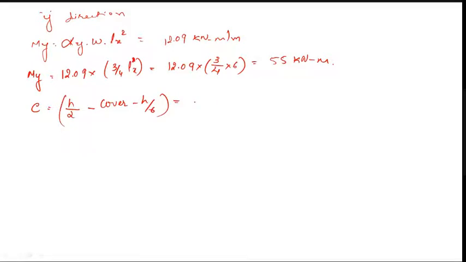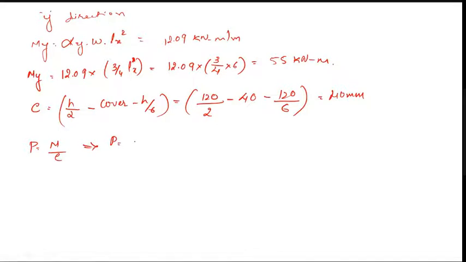So here in longer direction, what I will do? I will take a little bit more depth, more cover. I will take a cover of 40 mm. We can take it 30 mm also. So on the safer side, take it as 40 mm. So what I will get after calculation, I will get 40 mm as the value of E. Then I need the value of P given by M upon E.